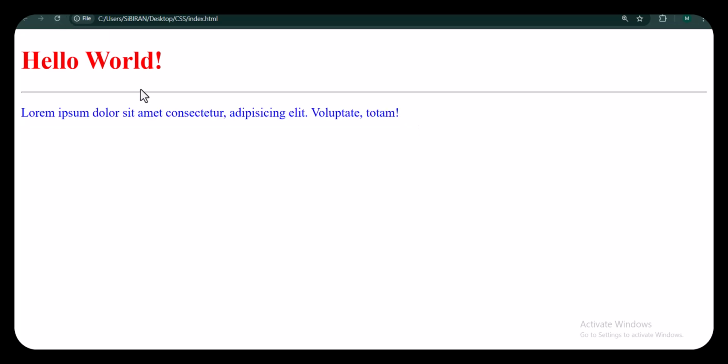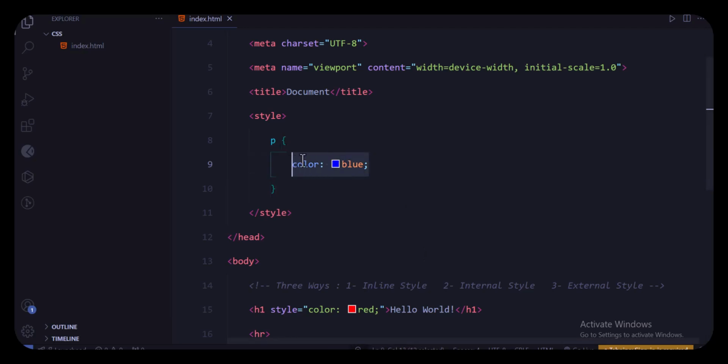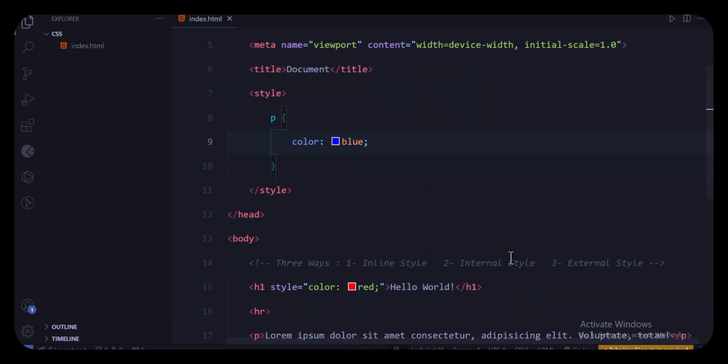So this is it. This is done by internal styling. Having done internal styling, we would dive into external styling. What the heck is external styling? External styling is the way that you give styles in a separate isolated external file. So we're going to give CSS selectors in an external file. We would go ahead and create a new file, which is